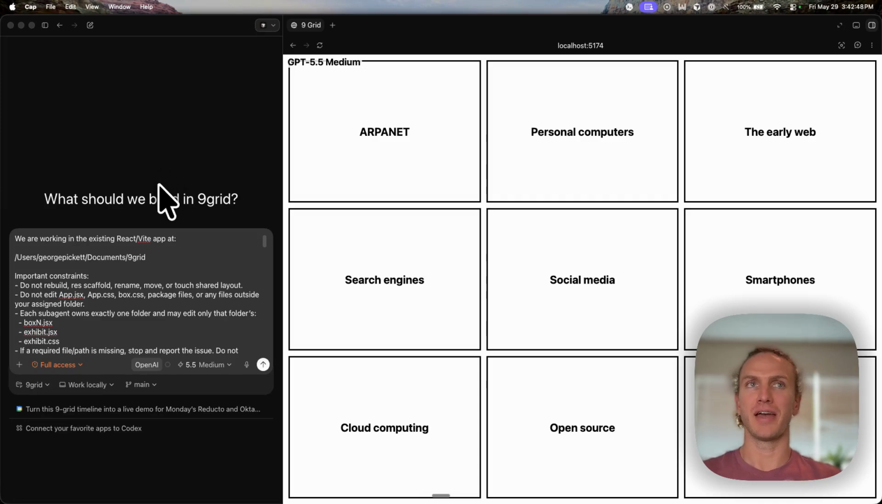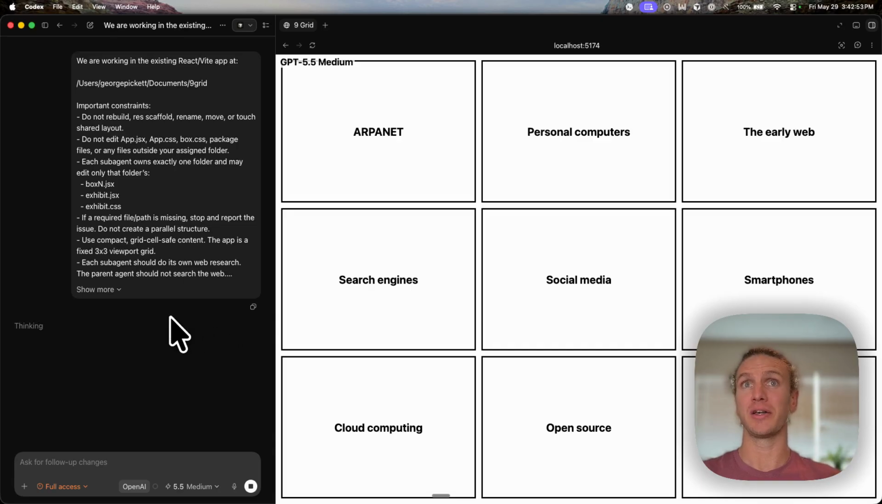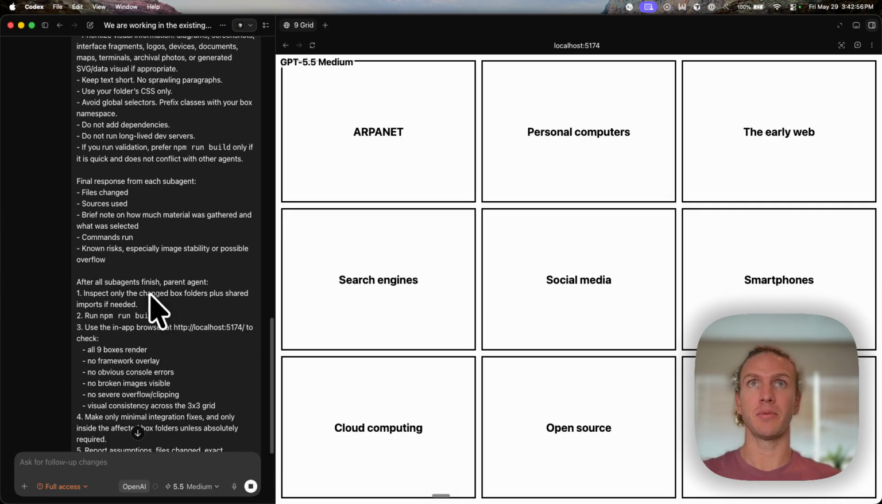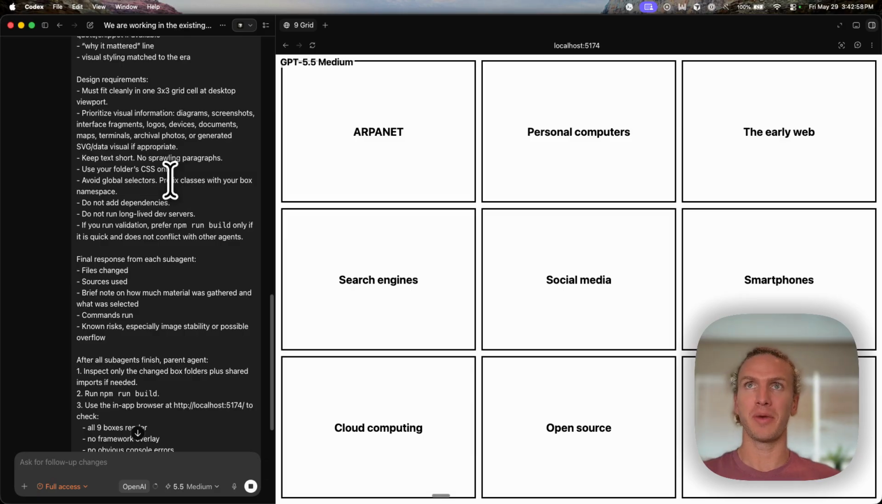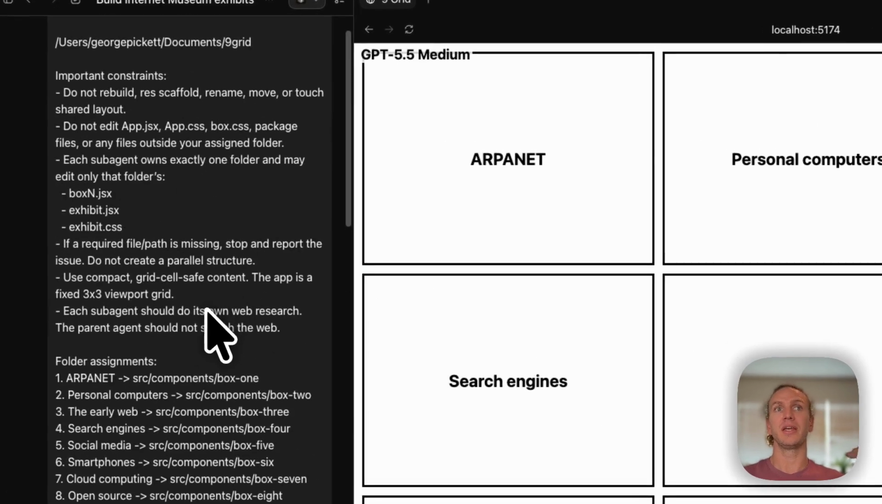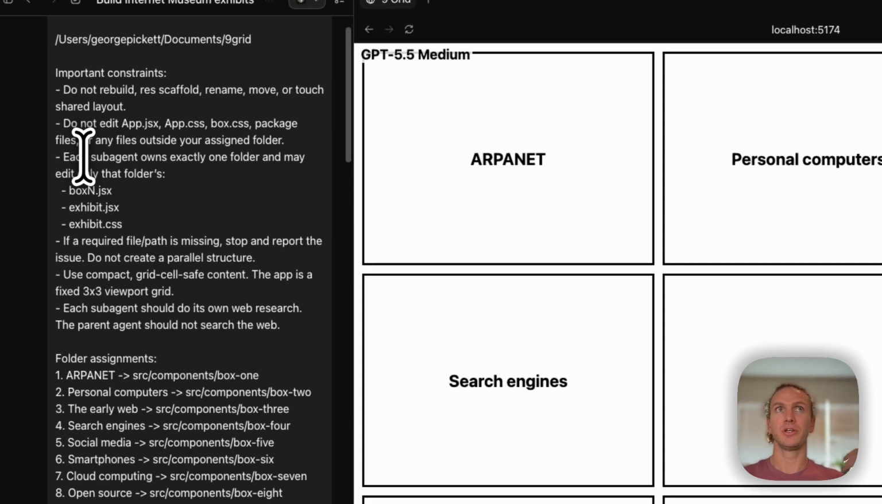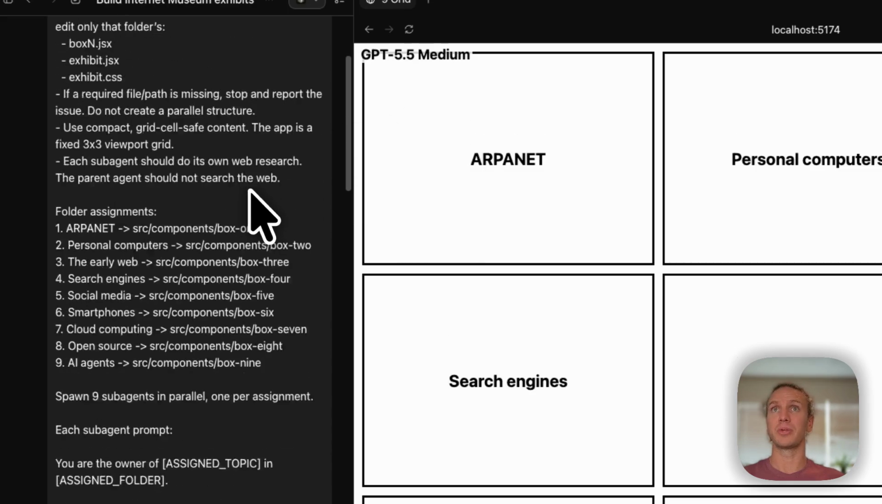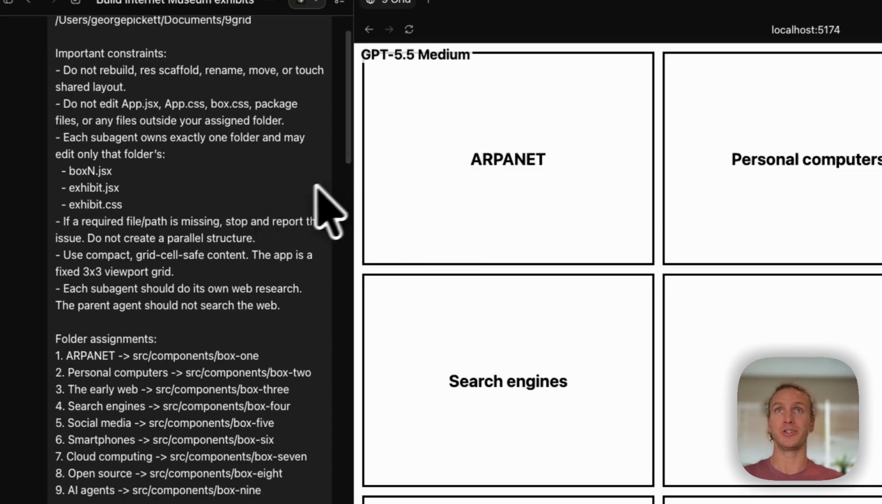If you're new to Codex and haven't used subagents yet, I'm going to show you a really simple example that's really visual and shows you how subagents work. In this demo app, I've created a 3x3 grid, where each item of the grid represents a different era of the internet. In our prompt, we're instructing our main agent to spin up 9 subagents, one for each era of the internet, and the subagents will be instructed to do some research about that era, find some facts, find some images, and edit their